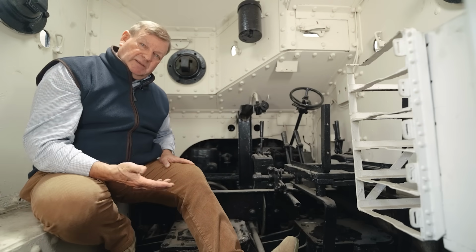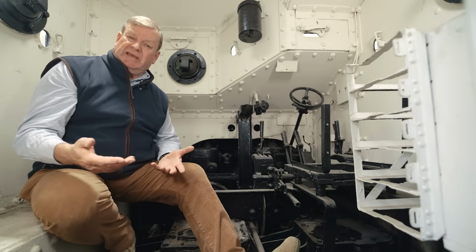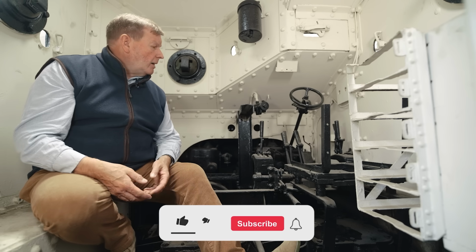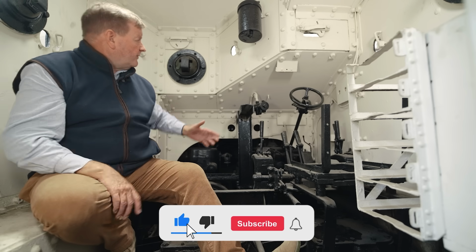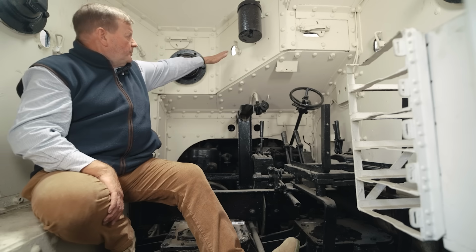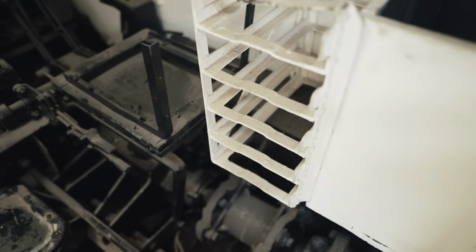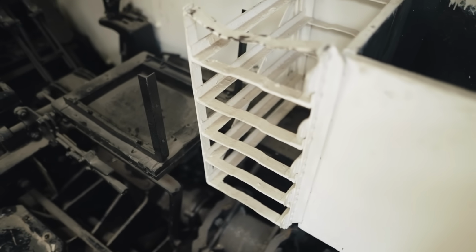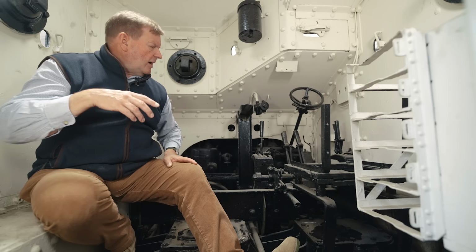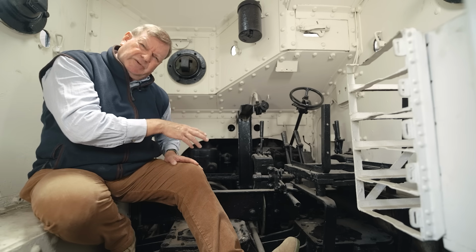So this is the fighting compartment of the Whippet, and this is the first time I've actually been in this tank, so this is quite exciting for me. Looking around, you have the ball mounts for the Hotchkiss guns, pistol ports, behind the driver, racking for ammunition boxes, because of course remember the Hotchkiss was a strip-fed weapon. And then looking at the driver's controls, this is quite extraordinary, because everything just about is doubled